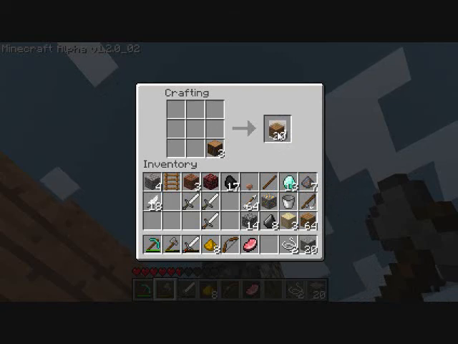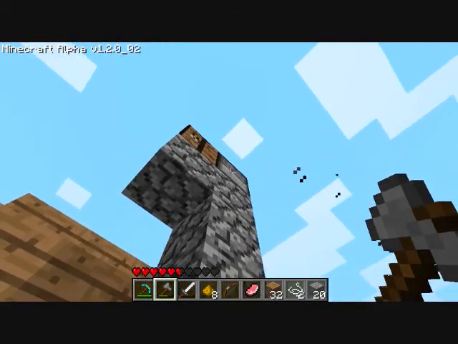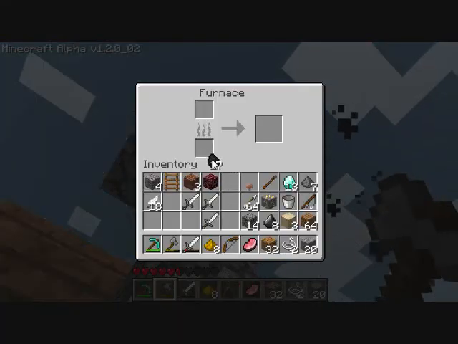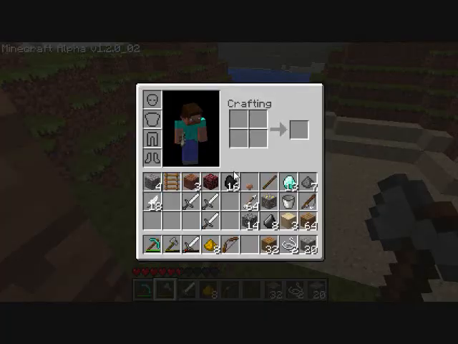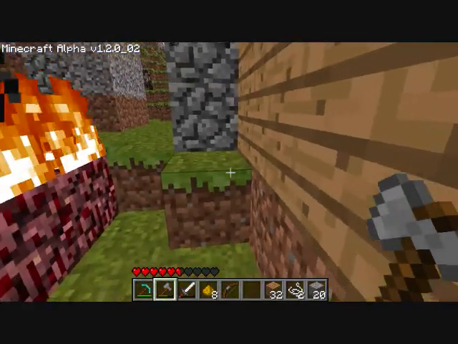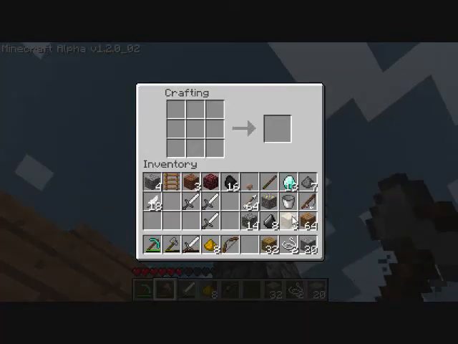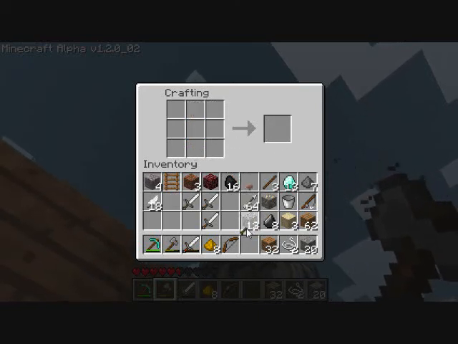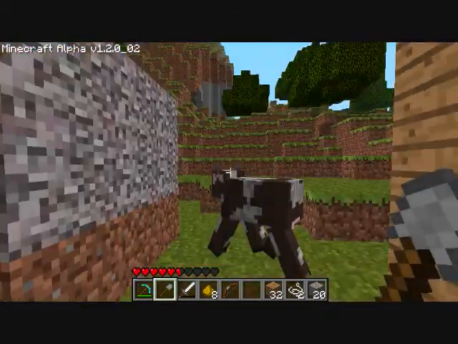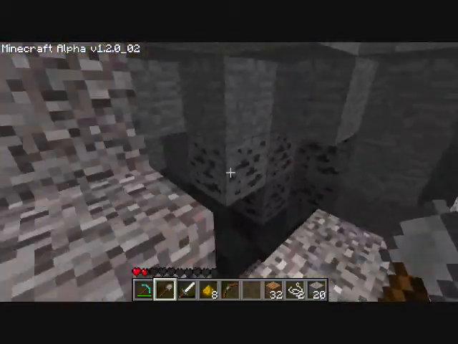Go. And 32 more. What about the furnace? Can't reach it. Ha! There. Cook that meat. And shovel. No shovel. Make a shovel. And you'll see why in a second. Shoved by a chicken, I think. A cow. Lots of cows. Oh, son of a...